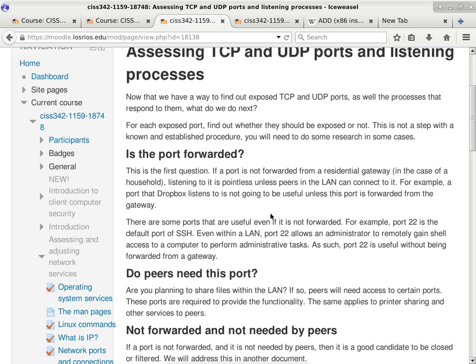So you want to assess all of those things, because any port forwarding is basically saying if your residential gateway is getting a connection request, it will forward that request to whatever machine it is forwarding to. In other words, it is exposing the machine from your local area network to the internet. Now, I know it's only one port, okay? But that one port may hook up to something that can have a lot of risk associated with it, and as a result, you can still get something into your local area network.